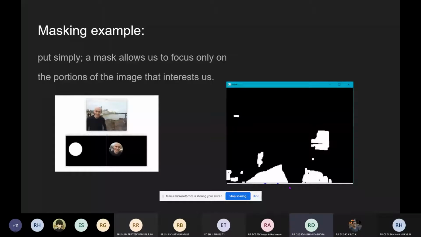So this is, as I said, the mask. Mask is simply how we filter out the portions that will be of interest to us. So the right one will be the actual implementation. We'll also have a mask window. As you can see, there are a lot of white blurry things because we'll need to filter out and focus on only one thing, that is our blue cap or our tracking object, as I'm saying. So we'll filter out and tune our HSV values in our mask window. So I hope, guys, it's clear. Next slide.